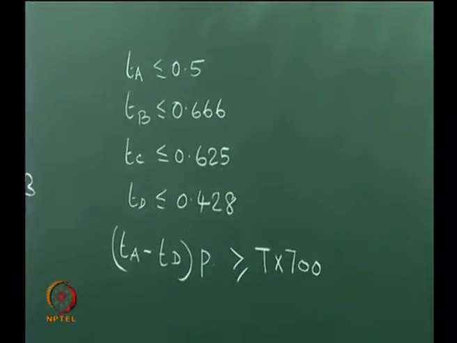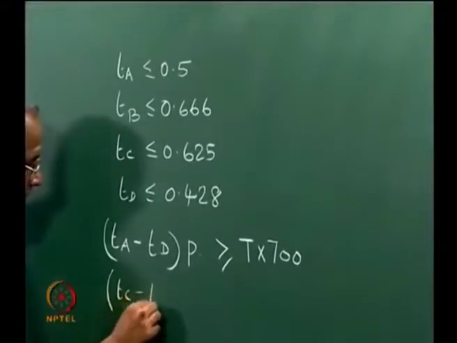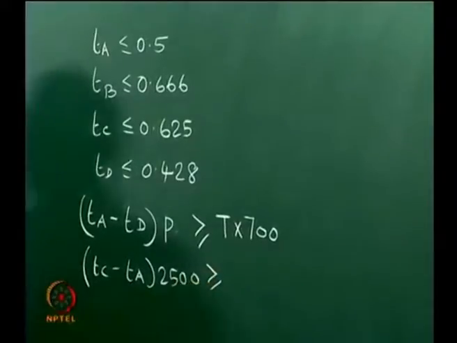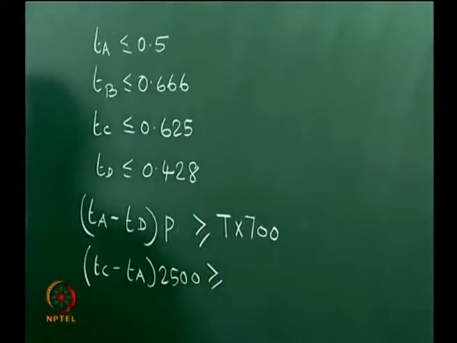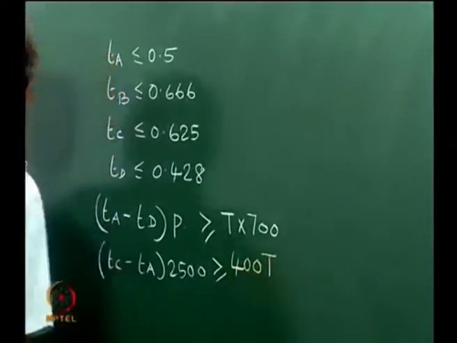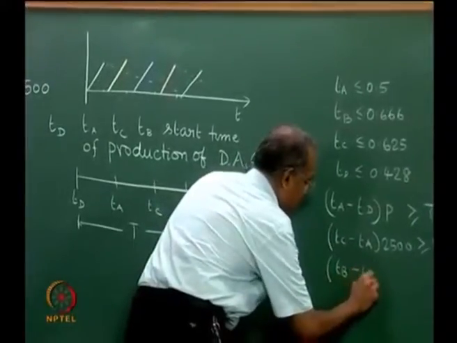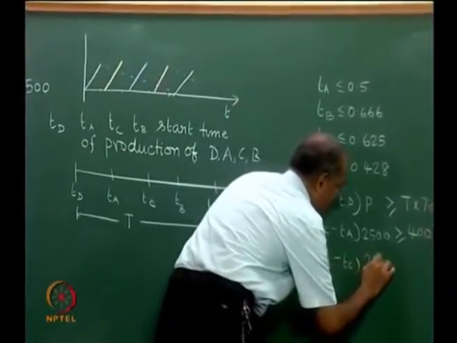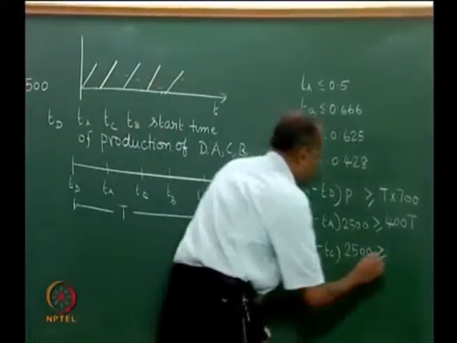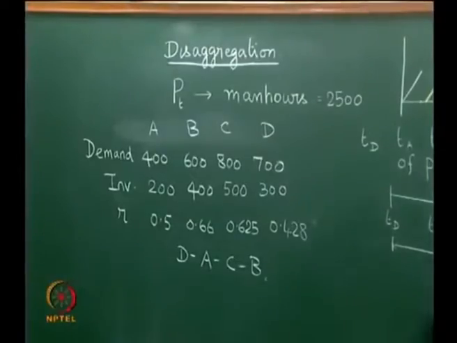Now, this item A is produced for a period Tc minus Ta. So, Tc minus Ta into 2500 is greater than or equal to, this is producing item A, so, this is 400 T. Tb minus Tc into 2500 is greater than or equal to 800 T, and